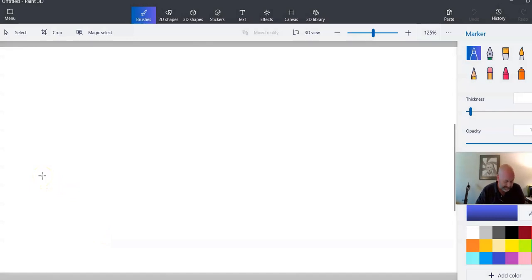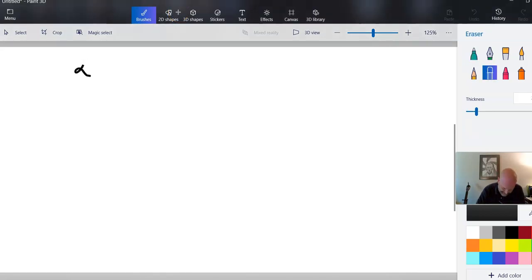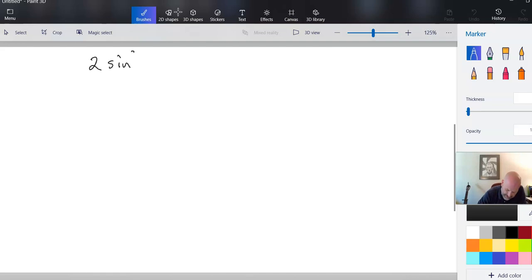Let's take a look at our first example. Okay, so let's get rid of that. Back here. Okay, so our first example is this one. So we got 2 sine squared x minus sine x minus 1 equals 0. Okay, so looking at this, it may or may not jump out to you, but this